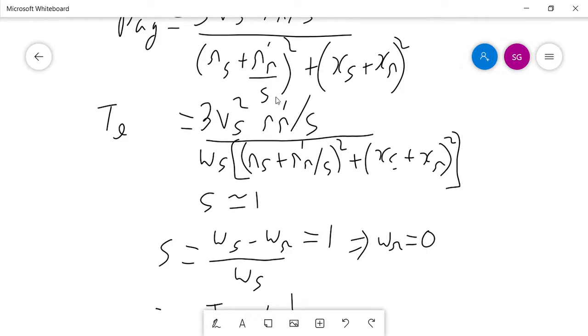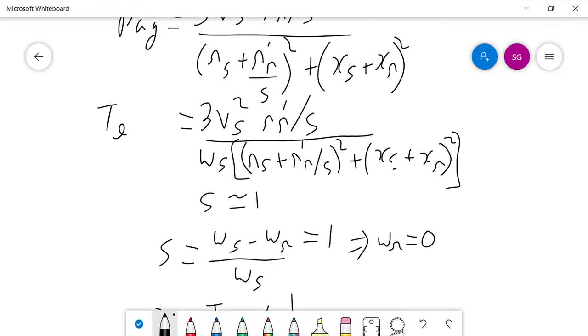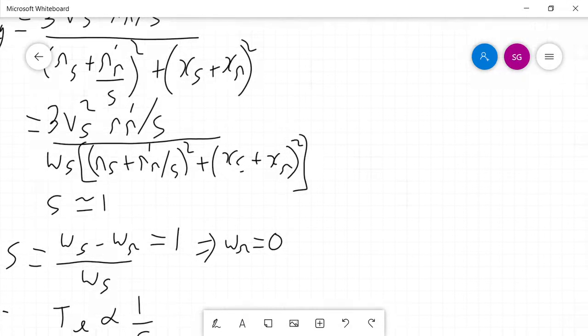But in the numerator, the quantity is changing from 0.5 to 1 directly. So the numerator is increasing to twice and this denominator is increasing just by 33%. So there will be a considerable increase in the starting torque. Mind you, we are talking about T starting, so let me write it here so that you are not confused about what we are talking about.